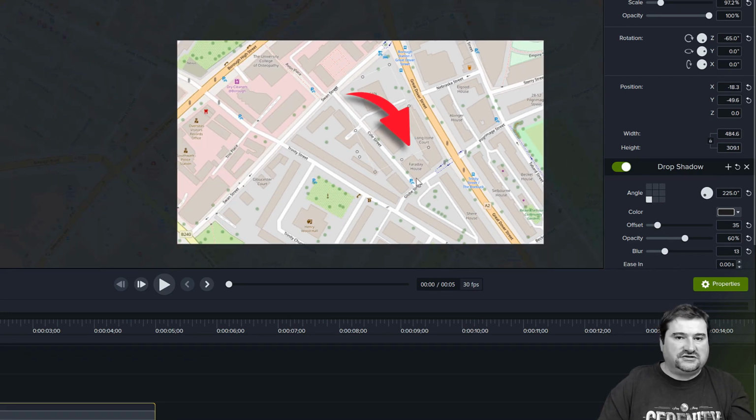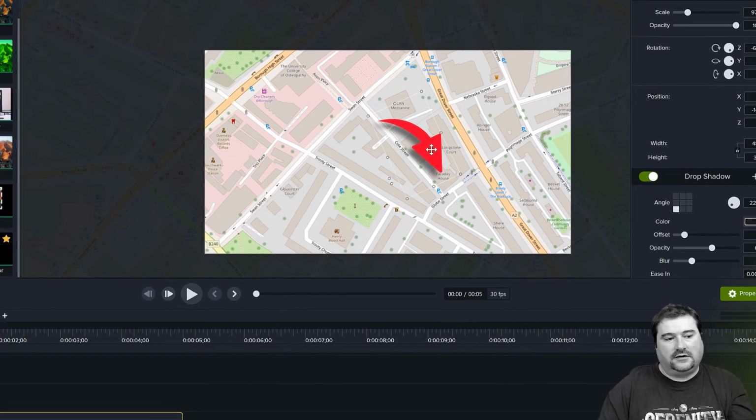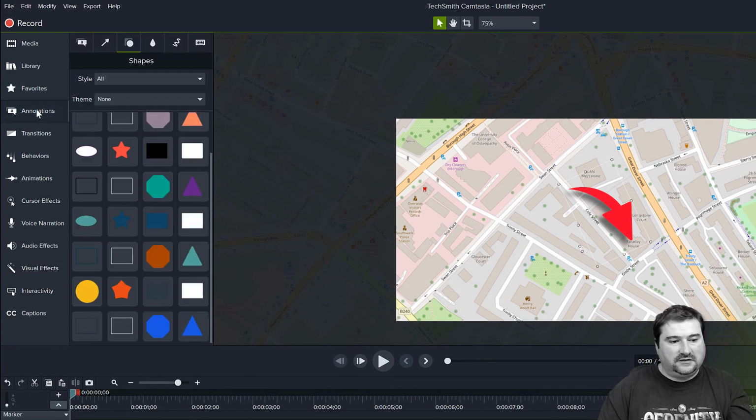And of course you can do other shapes, for example a piece of a puzzle, if you need to use that in a project, or any other shapes. If you think about it, if you go to all of these annotation shapes in here, you can combine all of these to create different shapes. And of course, you cannot free draw like you do in a vector program. So if you need more complex objects, then you have to draw them in a separate program, because Camtasia is not a vector drawing program, so you can't really draw freehand in it or create complex object combinations.